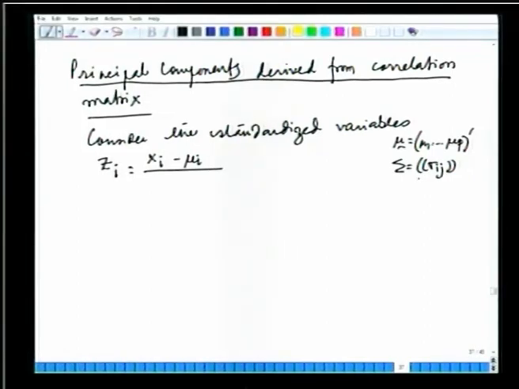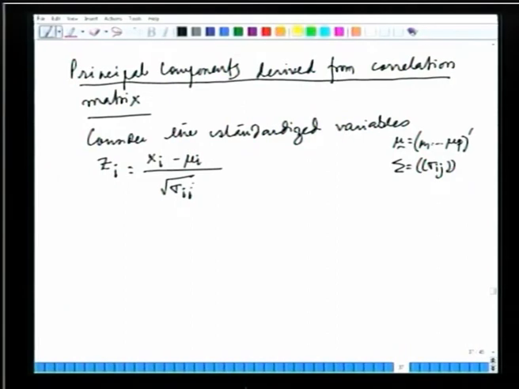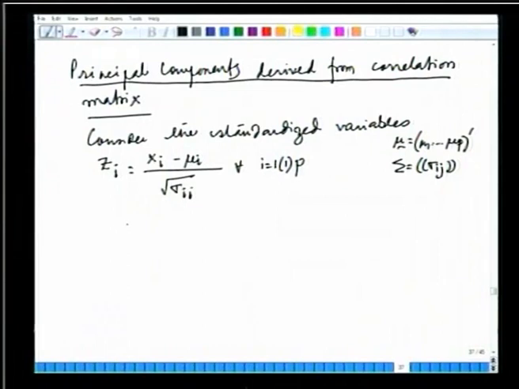So this is xi minus mu i over root sigma ii for all i from 1 to p. There are p variables x1 to xp. I define p standardized variables z1 to zp,